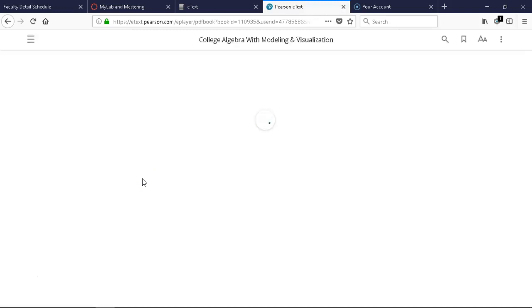Initially, I just get in there to the title page, and then what you can do is navigate the e-text using the table of contents within that page. So it'll take a moment to load here. Notice up at the